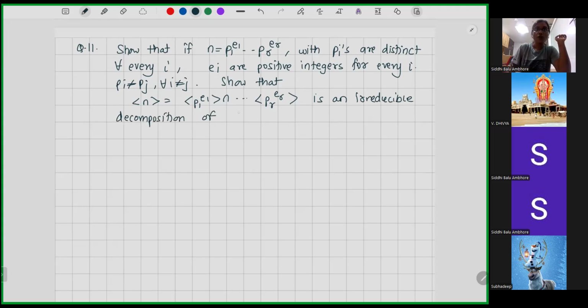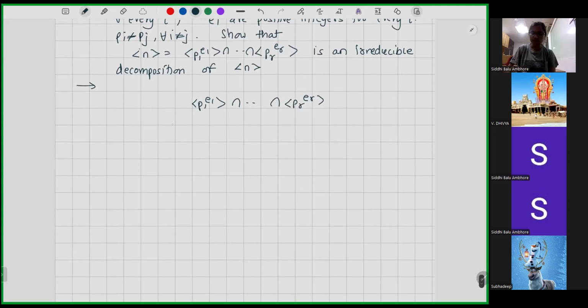And can you see this? So this n, we have to show that this n is actually this. Okay, but we said that this n is equal to p1 power e1 intersection pr power er, right? If we start with this, the intersection is the LCM of all these, pr power er. Which is what? Since the pi's are all distinct, the LCM of them becomes the product of all the elements, because the LCM of each two, since all pi's are distinct,